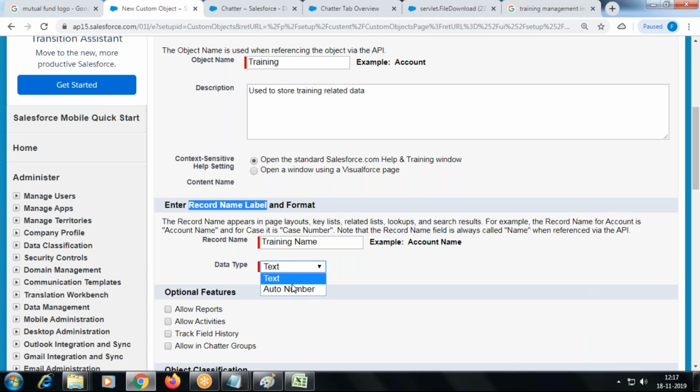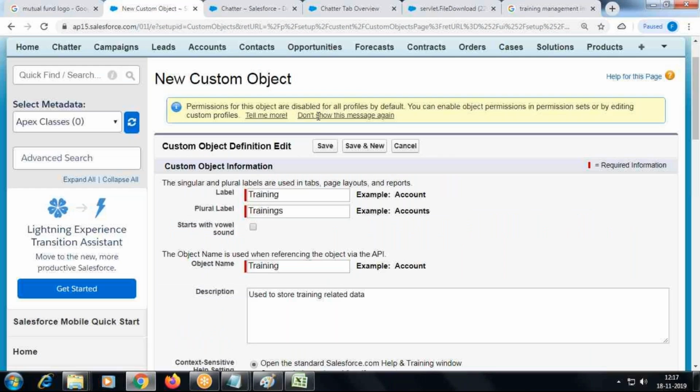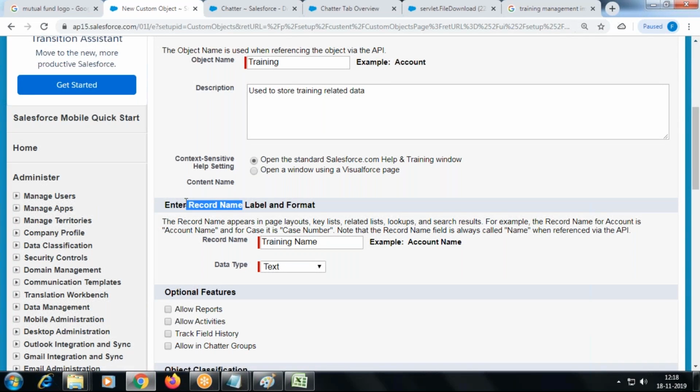So we have only the option to choose a type, either auto number or text type. But this field is going to be a standard field. We are creating a custom object. When a custom object is created, as part of the custom object, some standard fields also get created. One of the standard fields is called record name.